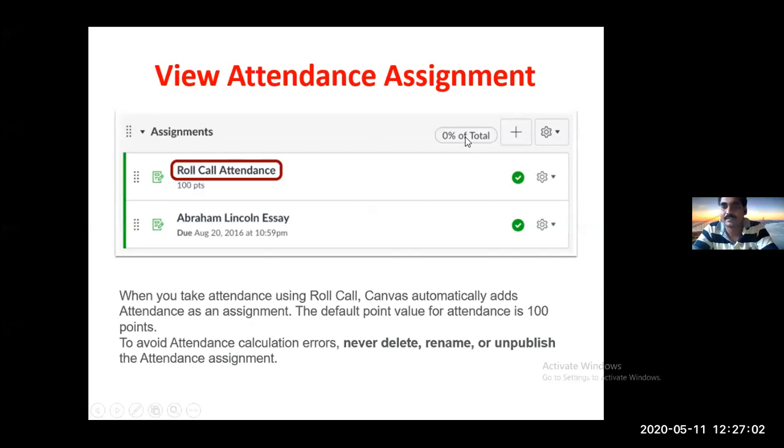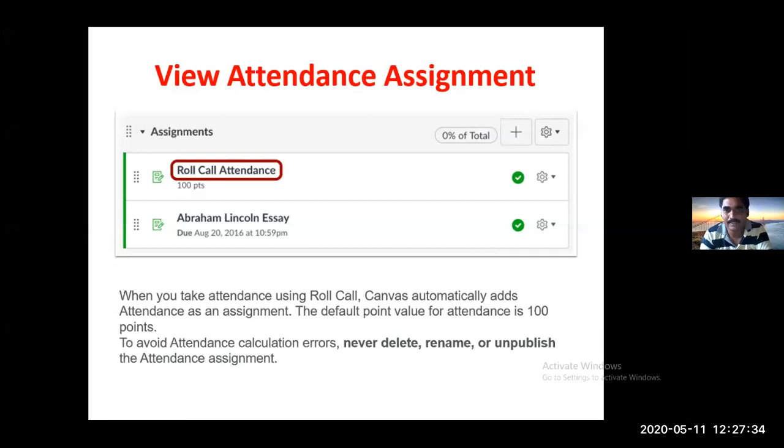It can be graded. If a student secures full attendance, then he gets 100 points or full marks. If he is not doing the class, then according to his attendance, their points or marks are reduced. And if you delete this attendance, then in the grades you will find that there are attendance calculation errors.